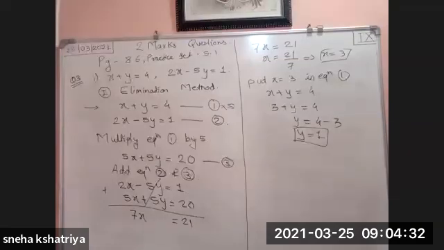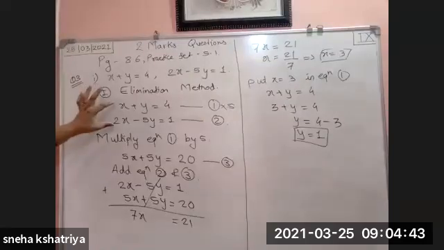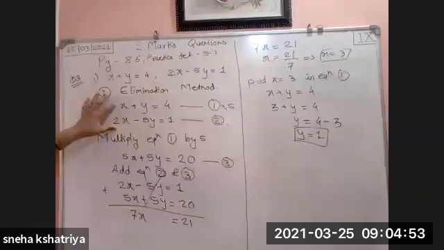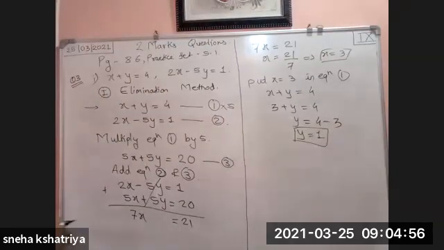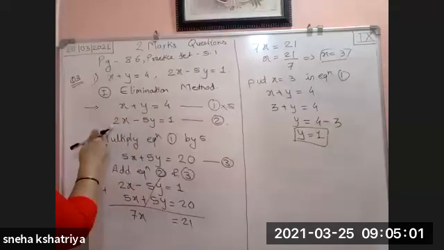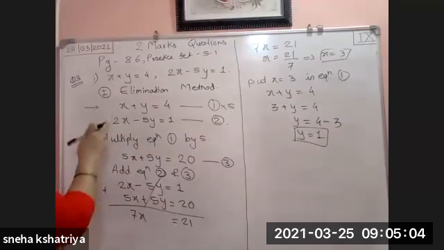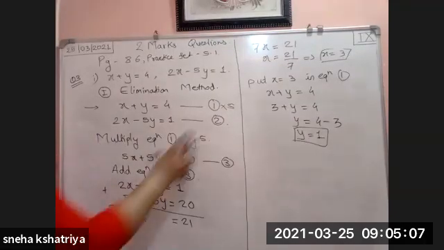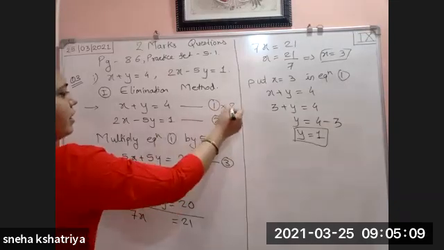Now, the same example we are going to see by using the substitution method. See, in the elimination method, the easy point is that you just make the variable the same with opposite sign. Whatever equation is given to you, remember one thing: make the variable the same with opposite sign. Except y, if we want to cancel x, here also it is possible. Just multiply equation 1 by 2.